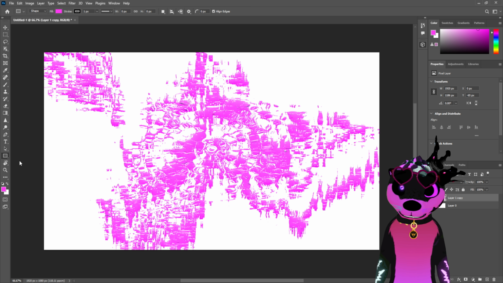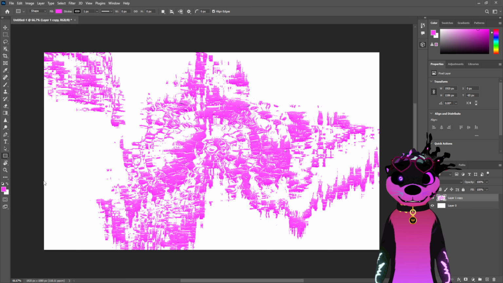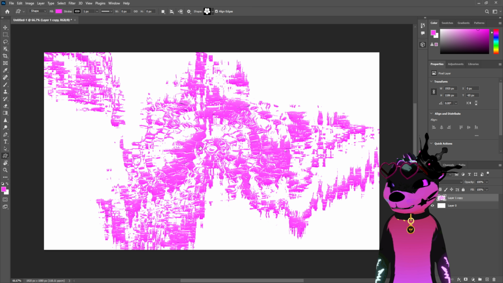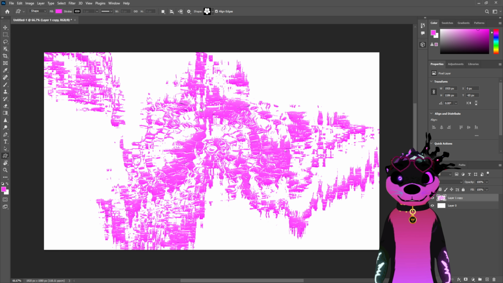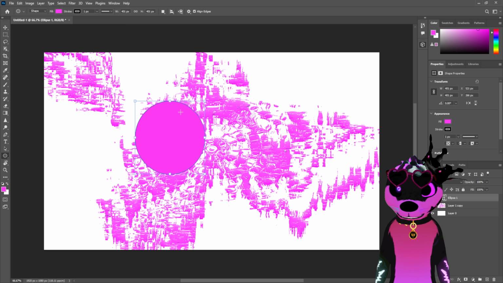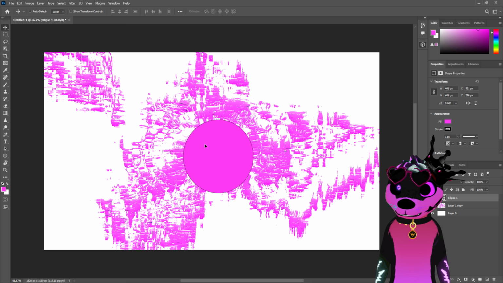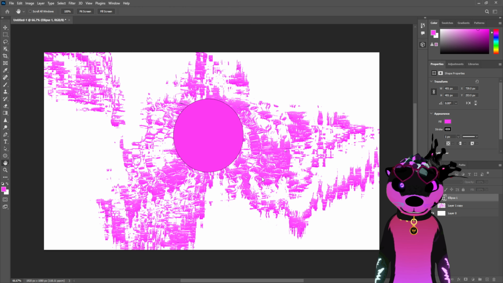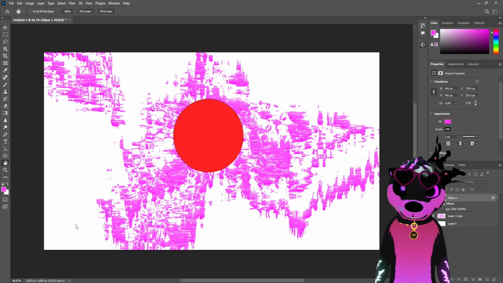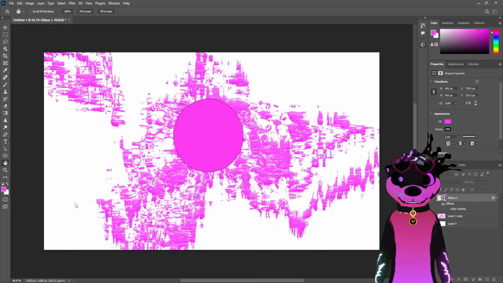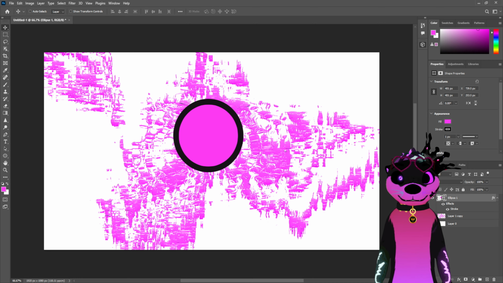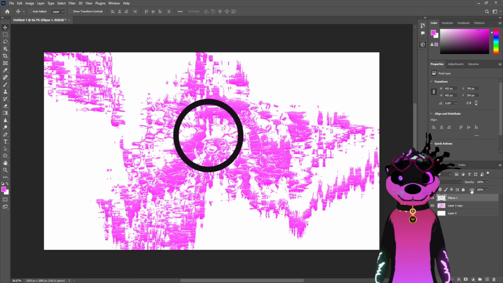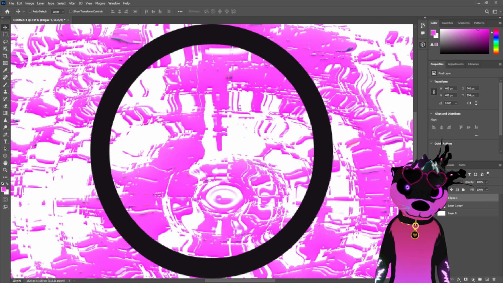Then we can actually grab ourselves a new tool, maybe a new shape. And we could just put this shape here. Then once we have the shape here, we just make the following. We make a stroke like this. Then we remove the fill like that. Then we rasterize the layer style. Then we select